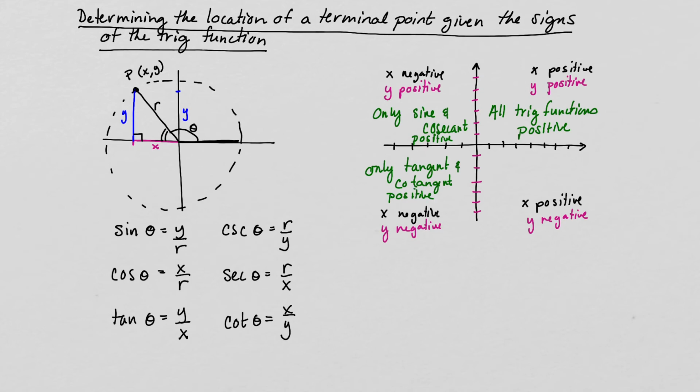And then finally, in this last quadrant here, right, x is positive, y is negative. So this would be negative, which means this is negative. This would be positive because x is positive, so this is going to be positive. Y is negative, x is positive, so this is going to be negative. These two are going to be negative. So only cosine and secant positive. Okay, so there's a little mnemonic that we use that actually helps us remember what is positive and where,